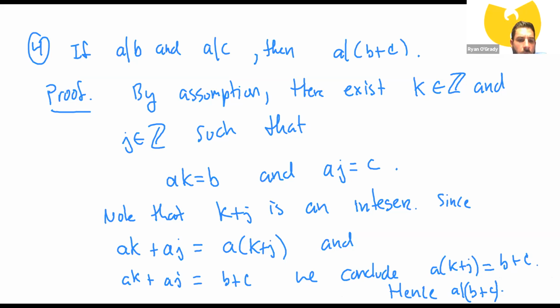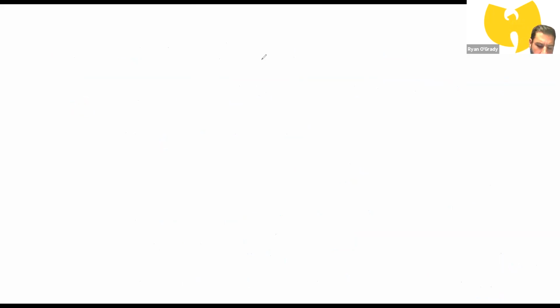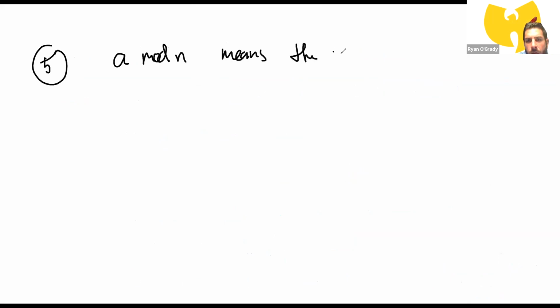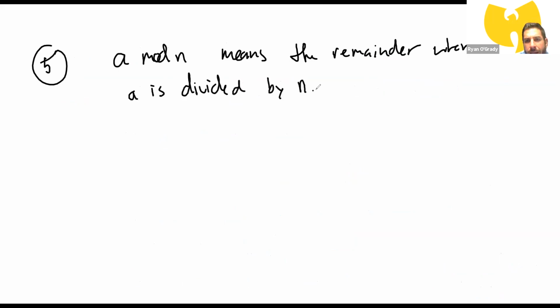All right, so that was problem 4. 5 is, these are just finding remainders. So let's note this. For 5, if I write A mod n, that just means the remainder when A is divided by n. So for example,